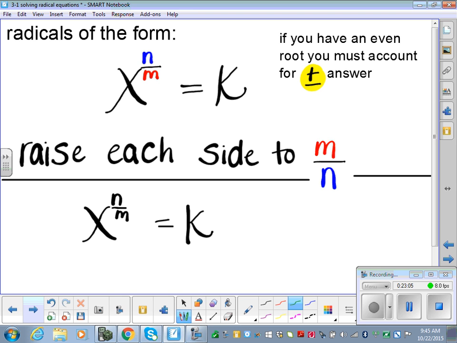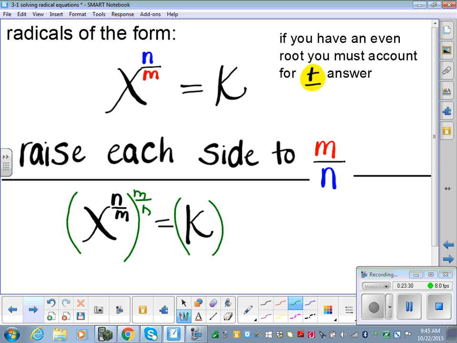So you'll raise each side to the reciprocal power. Did you see how we just undid all those fractions? We're going to do the same thing with this. So everybody look, if I have x raised to the n/m, I can't just do something to one side, so I'll raise both sides of the equation to the reciprocal. So that'll be